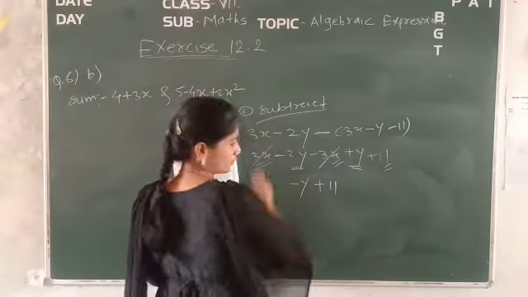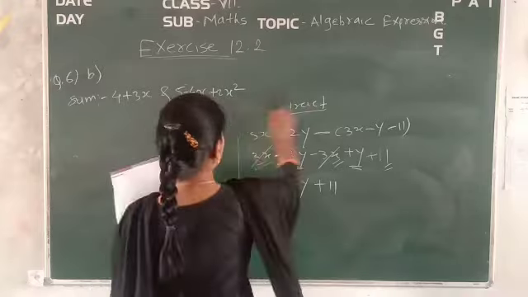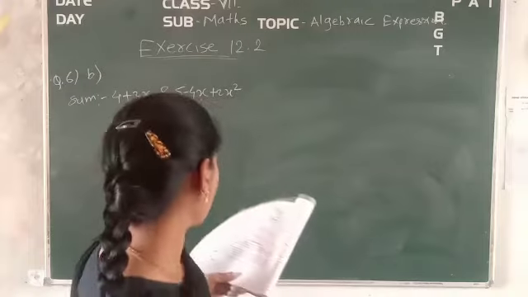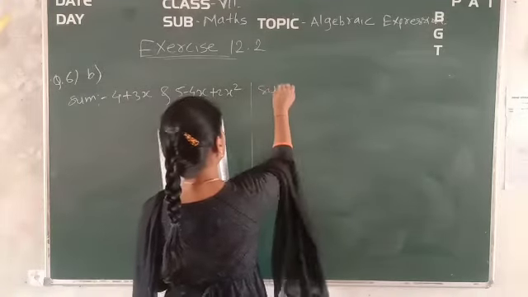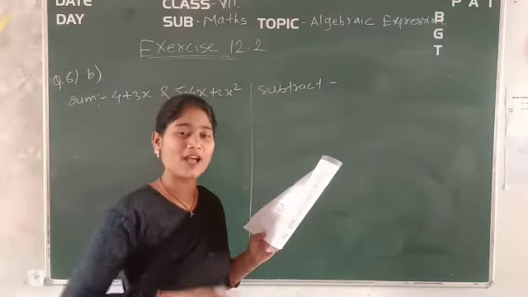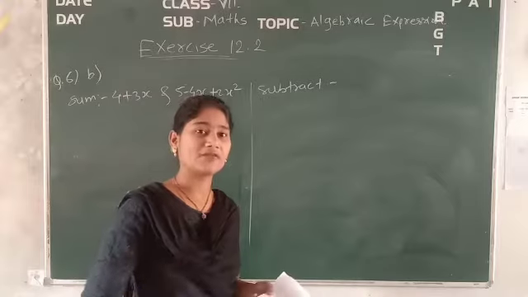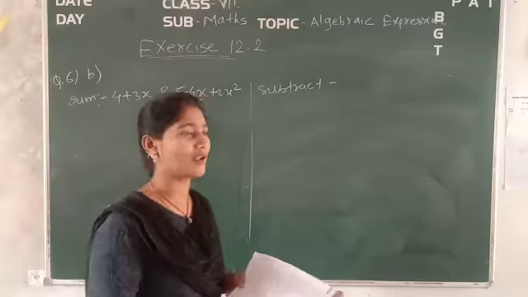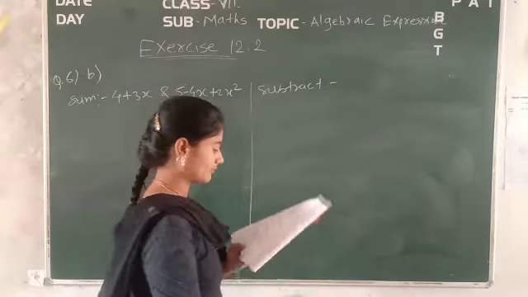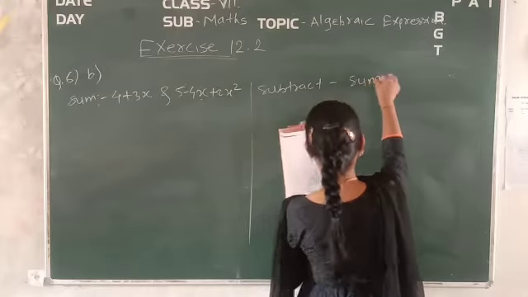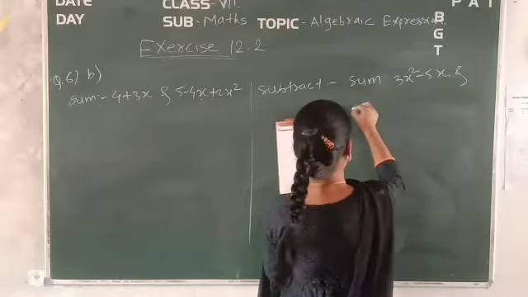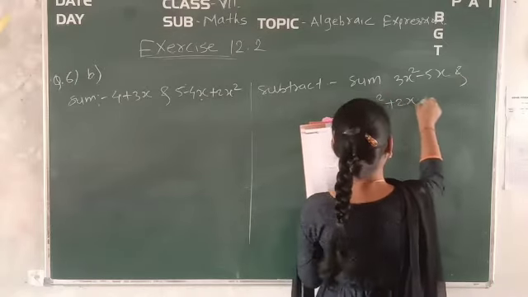Okay, what you have to do? You have to do the subtraction. I will erase that. Okay. You have to subtract which number? Again see what they are asking you. Again they are giving you subtract, but along with that they have given you another same term of the first term, that is the sum only you have to do. It means subtract the sum of what? That is 3x square minus 5x and minus 3x square plus 2x plus 5.